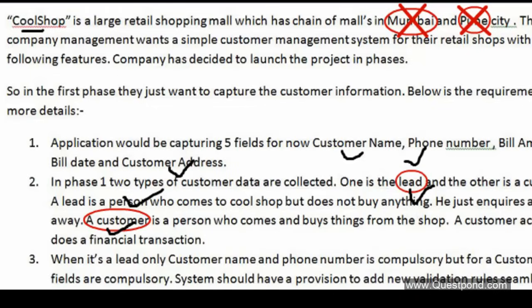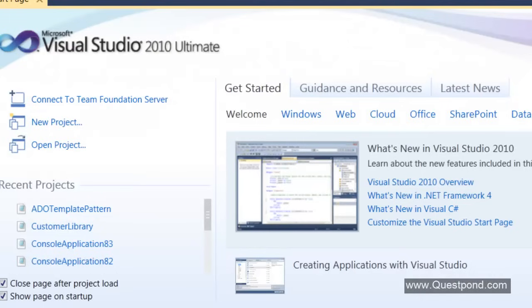So I'm trying to lay down a rule here. Rule number 1 for architects, for people who are trying to become architects or people who are trying to learn design patterns: whenever you take a requirement, don't take it as a hard and fast rule, but at the back end somewhere, you should think that your nouns actually become objects. Pronouns become the properties for that object, and verbs become the actions, or the methods or the functions, for that object.